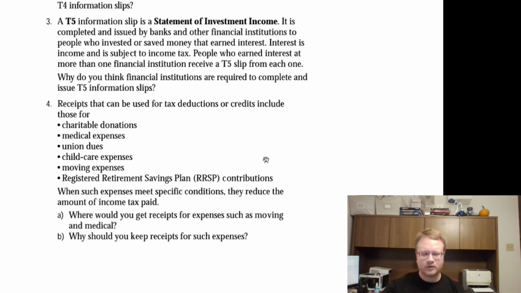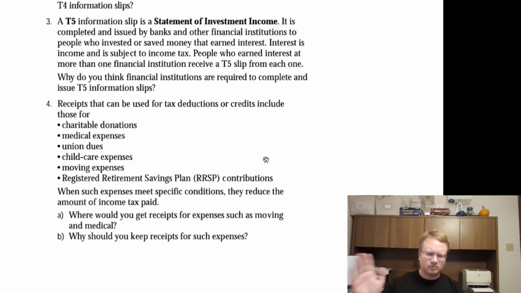So, quick overview. What does it mean to file your taxes? Fill out the T1 form. Provide copies of the information slips, so proof of how much money you've earned from your employers, your job, or from investments, and receipts for proof of money that you've spent on things like charitable donations, medical expenses, etc. So back in the day, you'd get this all on paper,